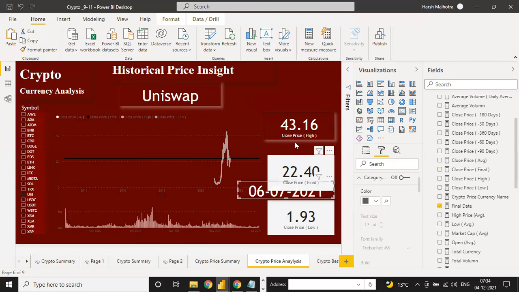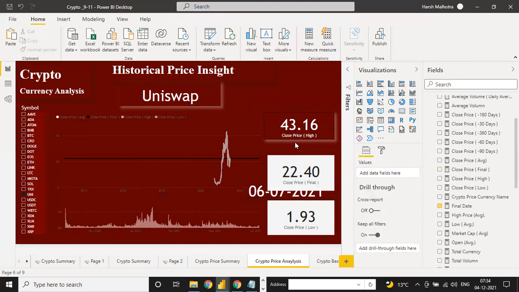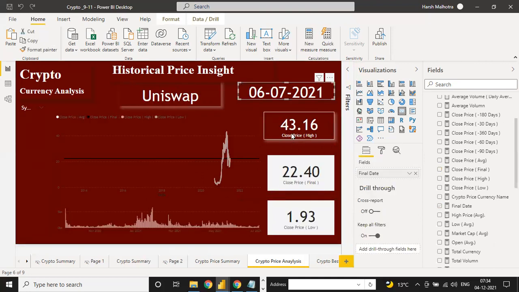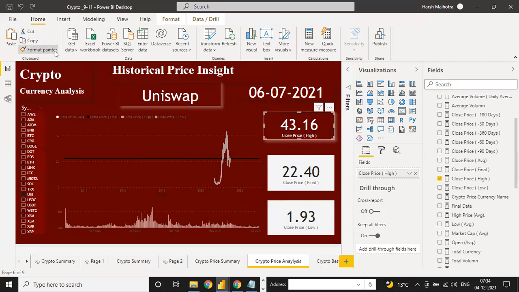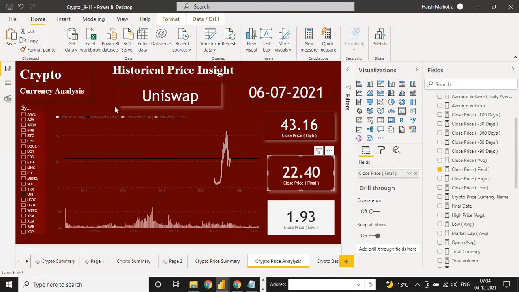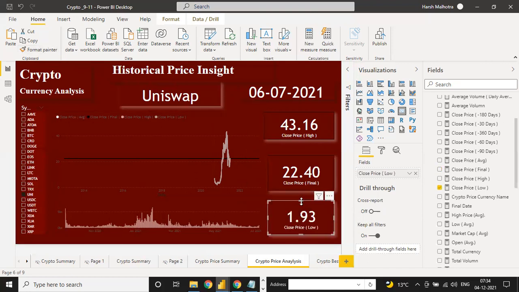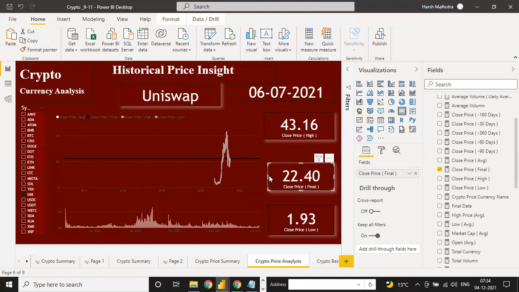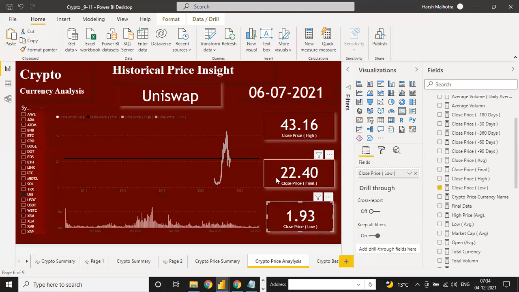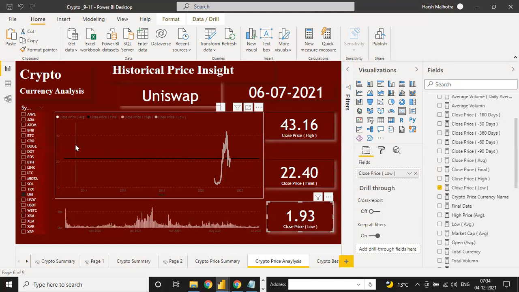Same way, just click this format painter and format your other card chart with the same format and use the same formatting here, and see, it should be the same. So like this way you have to show what is in this chart.